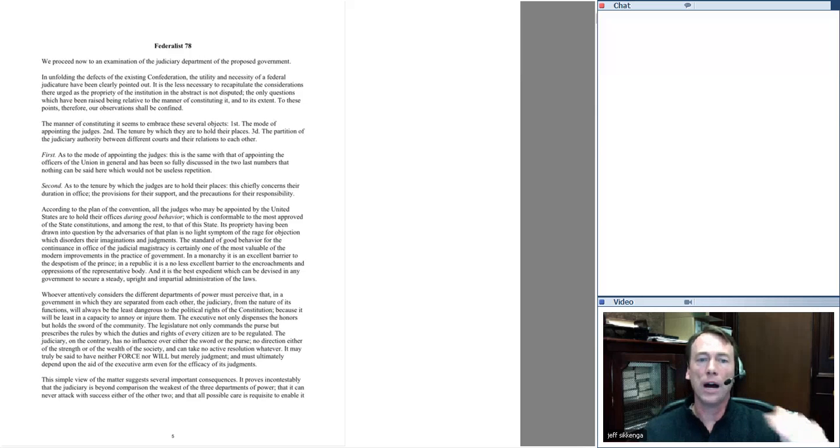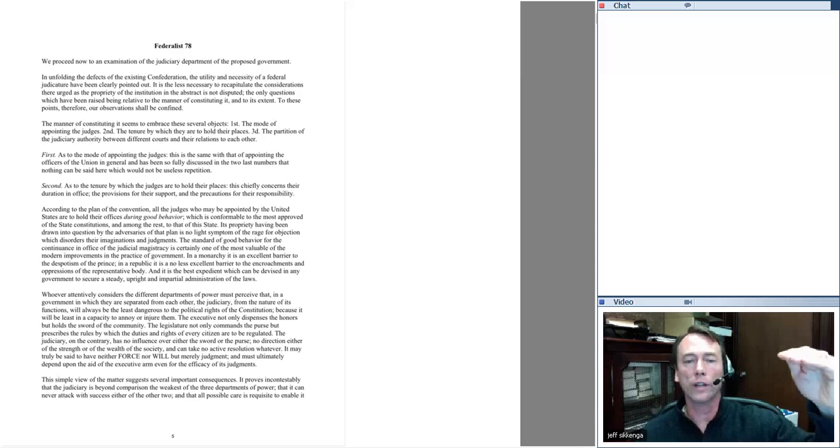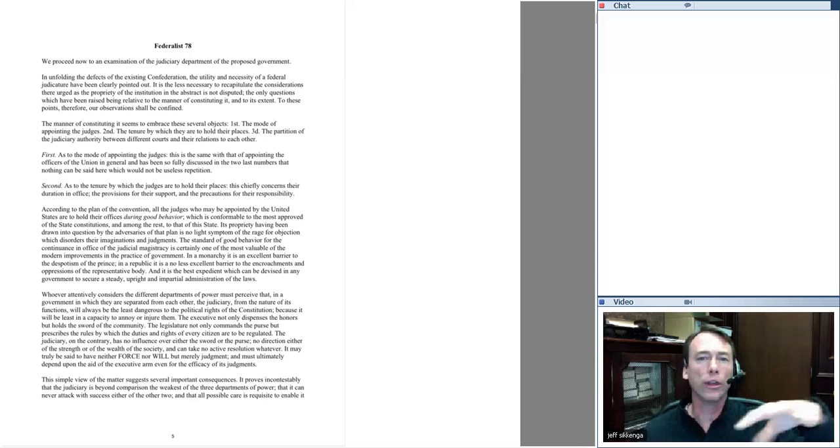Now, in order to decide the case, sure, it has to interpret the Constitution. But what I think Hamilton wants to argue here is it doesn't sit as a constitutional court, let's say, unlike the Supreme Court of Canada, which actually is a constitutional court, and Parliament can refer legislation to the Supreme Court of Canada and say, we're thinking about making this law. If we do, will it be constitutional, right? The Supreme Court does not have that reference power. That was actually decided very early in the 1790s by the Supreme Court itself.